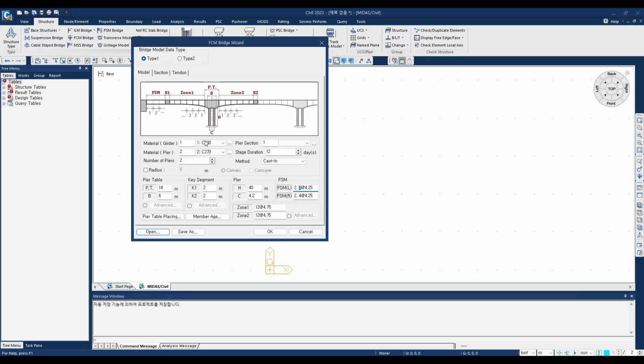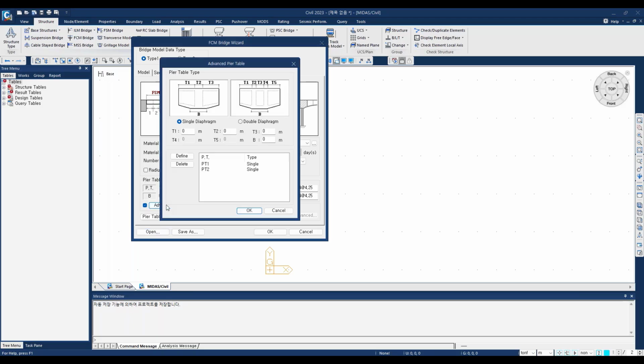So if you want to model a bridge that is not symmetrical, you can activate these advanced options. If you want to put advanced information, you can activate advanced and put the pier table. If the bridge is not symmetrical, you can also add this information about